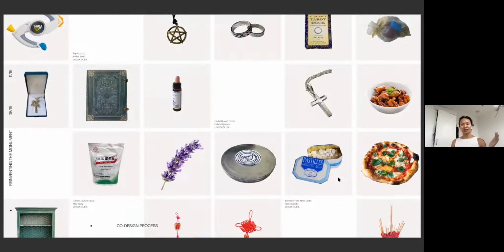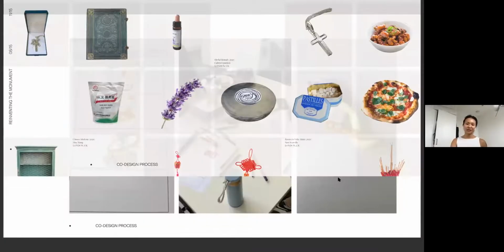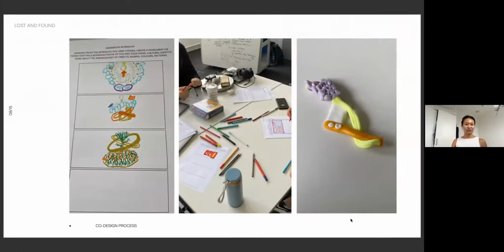And it was really interesting as I began to collect, because it felt like I was collecting almost this archive or this museum, or building this museum as I planned at the beginning. And as I started to bring them all together, it became this beautiful group of objects that just represented this cultural group. And then the second part was this generative workshop, where I asked them to think about totems and how they're an arrangement of objects, and think about how their artifacts can act in the same way.